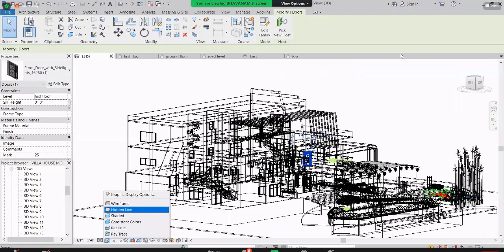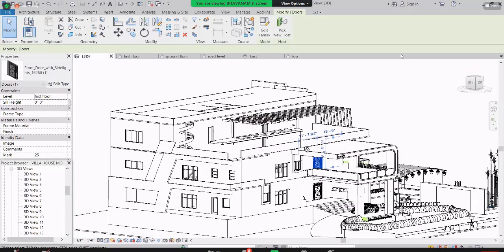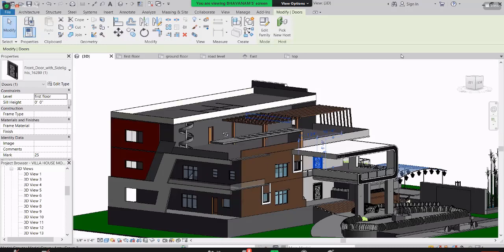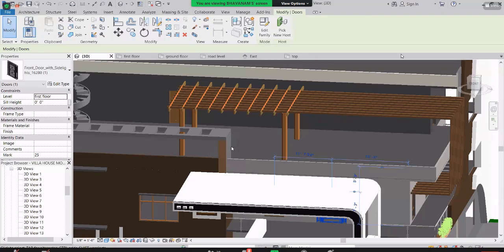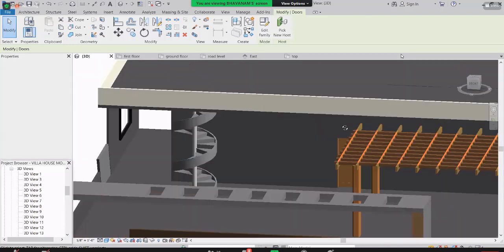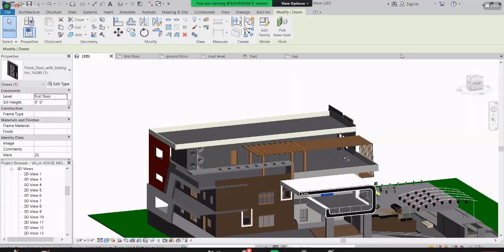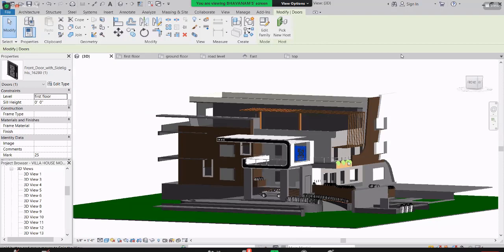And if you make it shaded, then at least you can see it. Okay, so in this way. And if we look around here, this is one type of architectural look on the top, placing some blocks like columns. This is a purely architectural look. And here you can see the staircase with the circular staircases for the top floor. Just go inside. Yeah, here we have columns, and in this direction you can see the elevation.